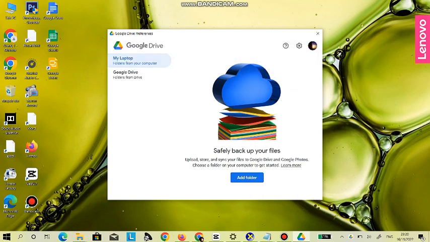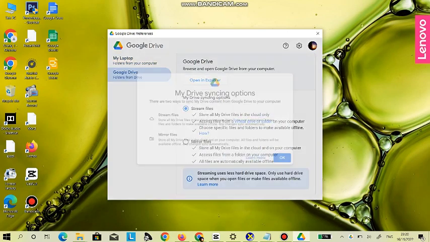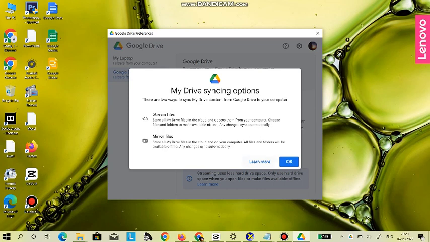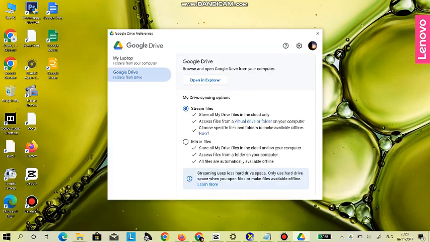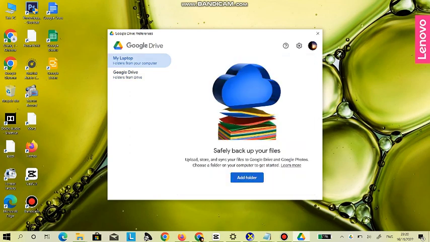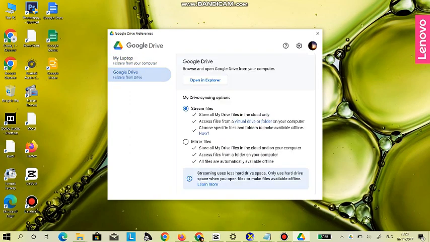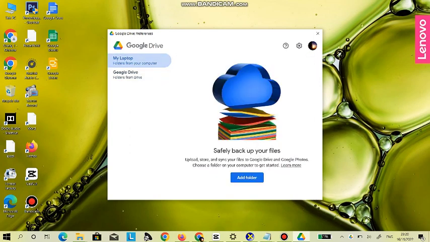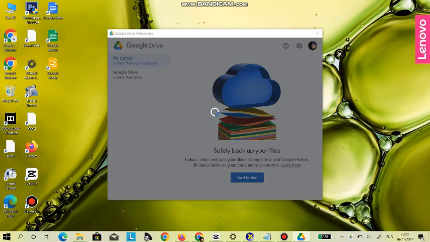Okay, we try to open the Google Drive settings. And after we open the preferences menu,